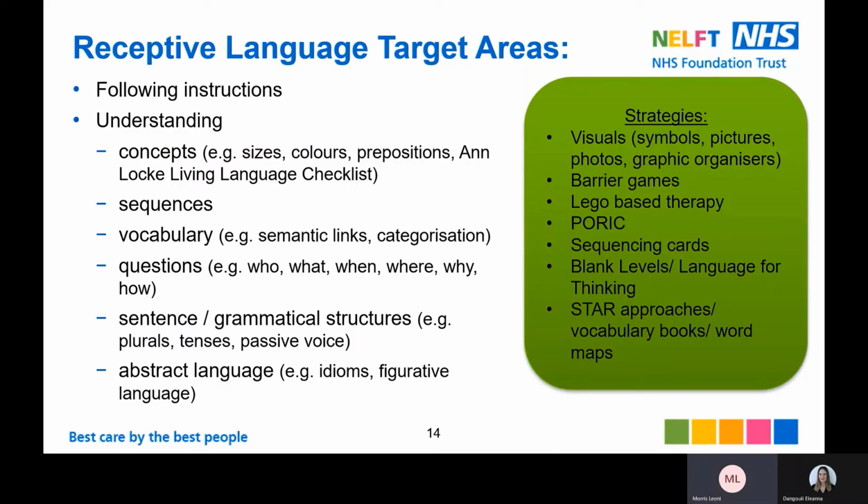Some examples of receptive language target areas might include following instructions, understanding concepts such as sizes, colours, prepositions, and you can use the Unlock Living Language checklist to help you to pick concept words to start with. Sequences, vocabulary, questions such as who, what, when, where, and why. Sentences or grammatical structures, so understanding plurals, tenses, and passive voice, and understanding abstract language such as figurative language or